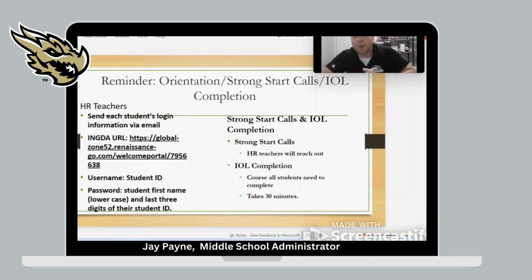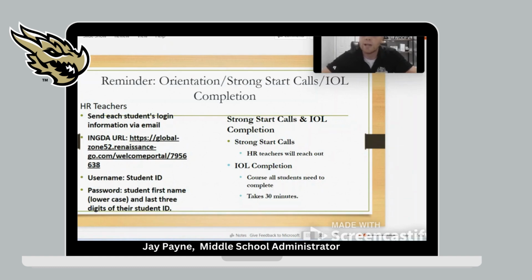And lastly, big reminders. As you probably have already guessed in a lot of your homeroom courses so far, you have been dealing with a lot of these various different things that we like to call our strong start. It's a way for us to make sure that you are getting engaged in the learning process, as well as that you are fully aware of just how everything works. The first one is definitely going to center around our STAR 360. STAR 360 is a benchmark tool.